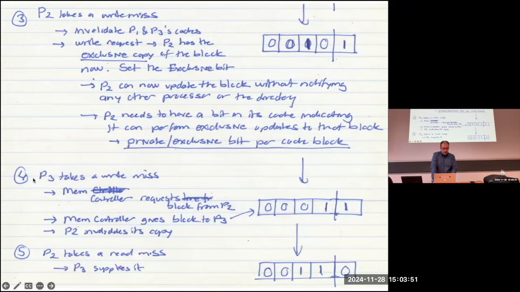After some time, P3 takes a write miss. Then you reset, and P3 has the data. You set this and also set the exclusive bit again. After some point, P2 takes a read miss, so you provide the supply from P3. It can also be supplied from main memory, depending on the way you implement your directory mechanism. But essentially now 2 processors have the data, and you reset the exclusive bit, because now 2 processors have the data. Yes? So the exclusive bit is only for one.